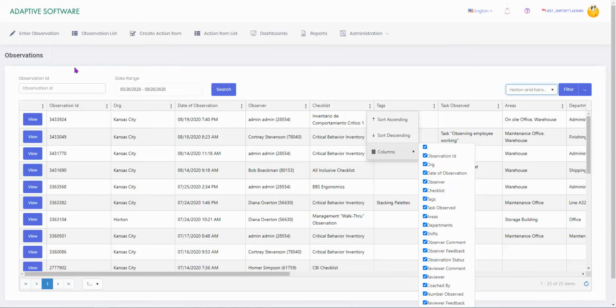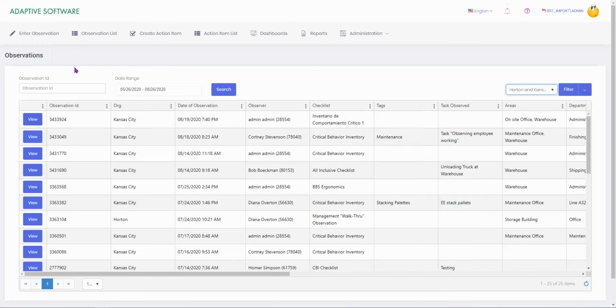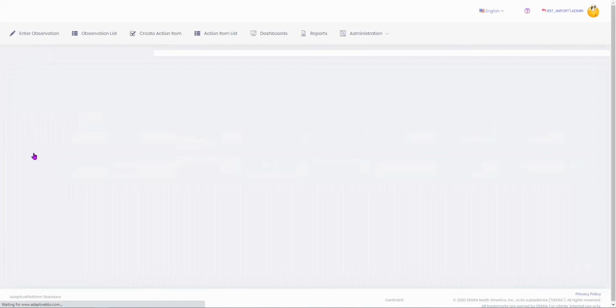Now, if you want to edit or delete an observation in this, you're going to come over to the left-hand side and click View next to the observation you want to edit or delete. As I click View, it will take me to this observation,